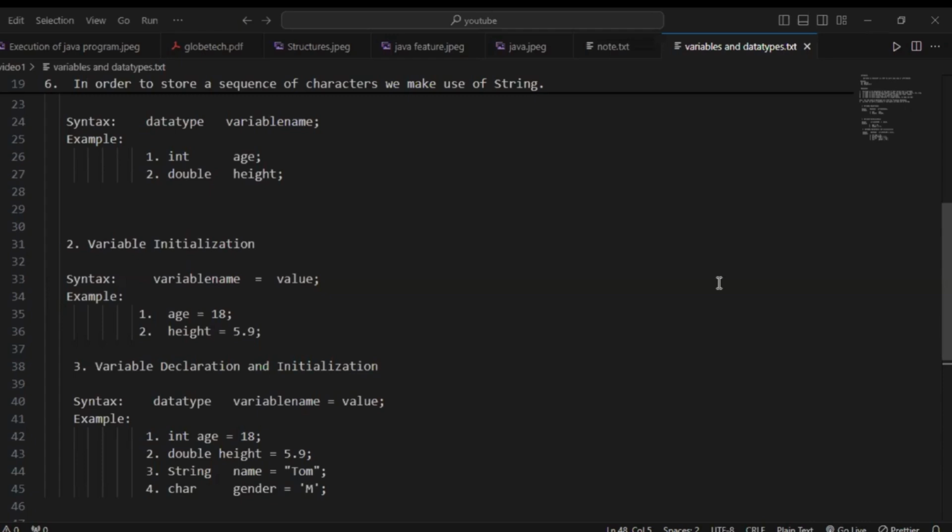Means, in order to store a decimal numeric value, we make use of float or double. And string is a sequence of characters. Okay, next, in order to store a single character in single quotes, we make use of char. For example, char gender is equal to